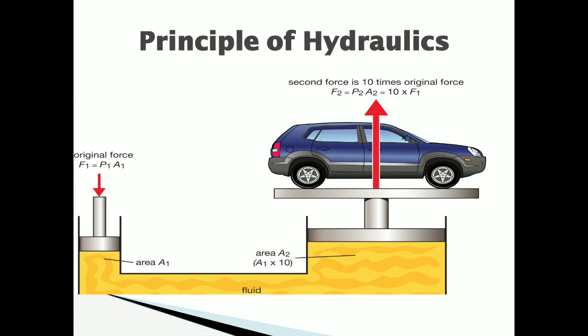This is the principle of hydraulics. We have not done any explanation of this in your theory because it is not in your syllabus, but we'll be solving some numericals based on this concept. So try to understand. You can see this arrow downwards, its area is very small as compared to the arrow upwards. You can see this relation as well. The area in which the car has been kept is considered as A2. A2's area is 10 times bigger than A1's area, so it is written A2 is equal to A1 into 10. Wherever the arrow is downwards, a very small force is required to lift a heavy car.